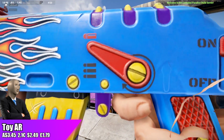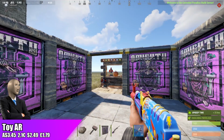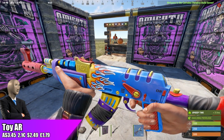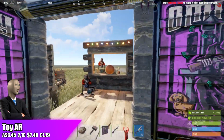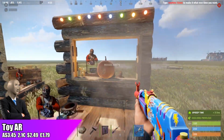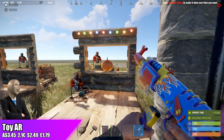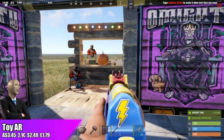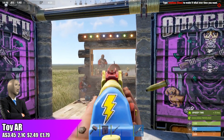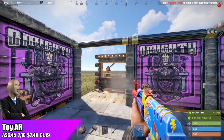So my thoughts on the toy AK, toy AR, going for $3.45. Honestly, I do think it's a little bit too expensive off of the Rust store if you are going to try and invest in it. I'd recommend getting this one off of the community market with a buy order. I do think you're going to be able to get it for a little bit cheaper, but if you do get it for cheaper than this on the community market, then I do think that you will make money off of it in the future, probably come